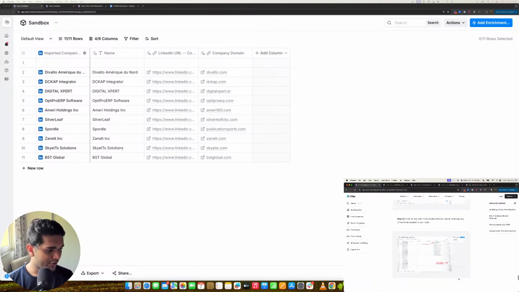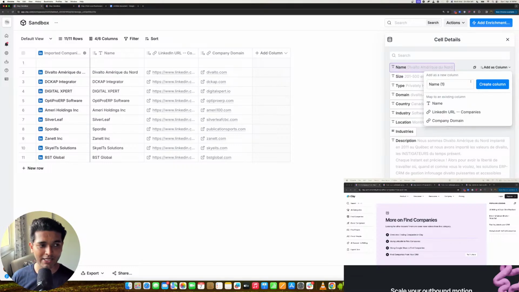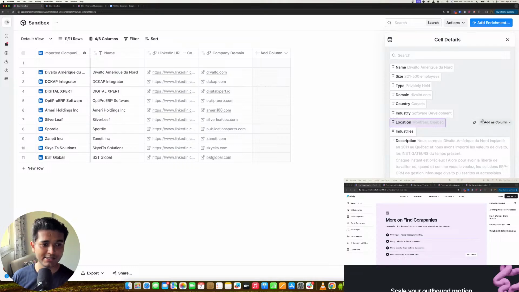Okay, so we've managed to do all of this. A couple of tips here. If you click on the cell, you are able to get all the cell details. You can click on Add as Column quickly and continue to add them as columns. The second thing you can do is